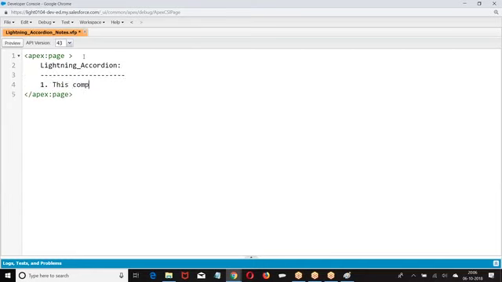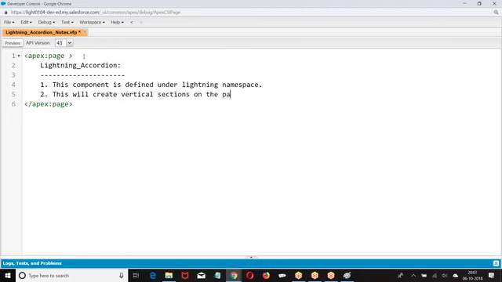This component, find under... this will create vertical. Now what are the attributes? This component has